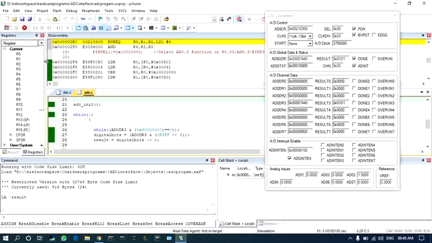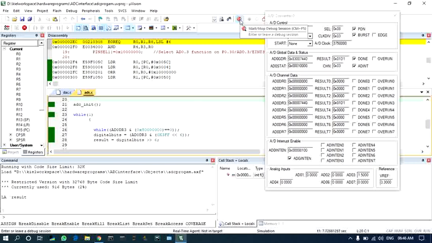It has run, and you can see the result is 00001D1. It is the correct value for 1.5 volt analog input. So with this we have validated that the analog to digital converter is converting analog input to digital value.